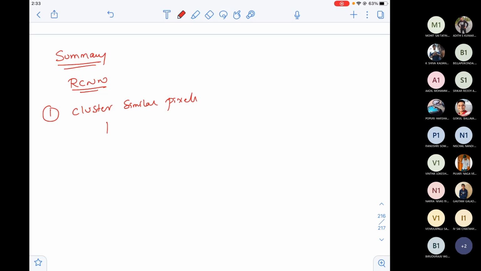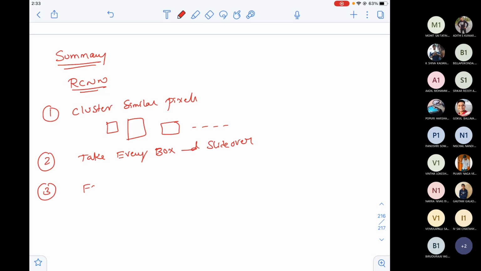Then you'll get multiple boxes, of different sizes, something like this. Now take every box. I'm explaining very colloquially, you'll not find this everywhere, so you'll never forget this. Take every box and slide over the entire image.